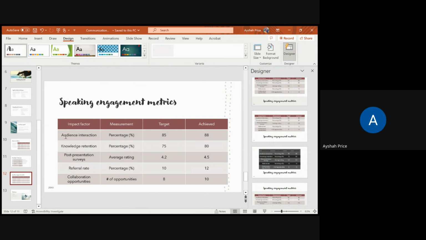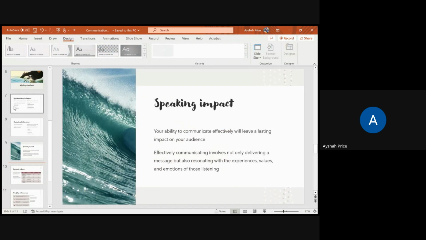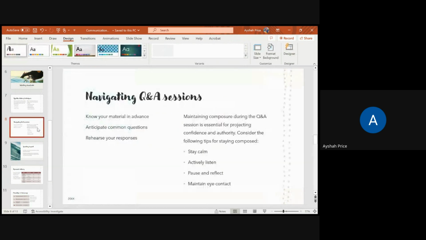Making bold: if something needs to be bolded, bold it. If it needs to be highlighted, highlight it. You can just highlight it with your mouse, and then you can change it to whatever you need to change it. As adults, we need to see things in color. I know we grew up thinking that we don't, but unfortunately, when you're teaching adults